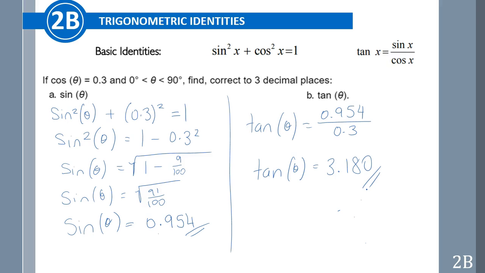So that should give you an understanding of the trig identities. So they're just formulas that we can use in order to give us, I guess, the corresponding ratio. So if we've got sine, we can find cos. If we've got cos and sine, we can find tan. If we've got tan and sine, we can find cos. So what that looks like visually,